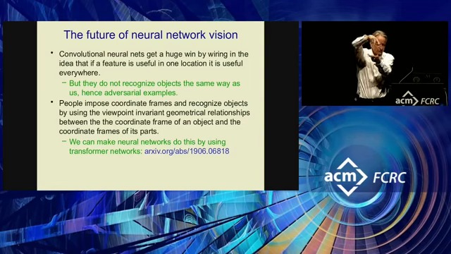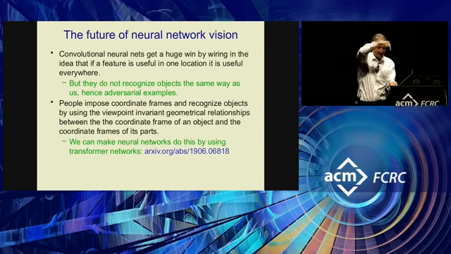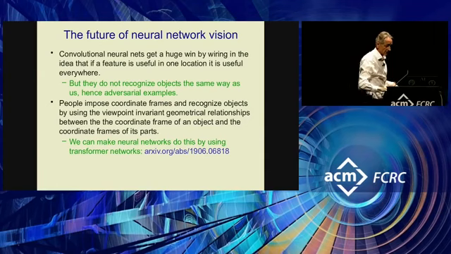So the main point of this demo is I forced you, by doing this rotation, to use an axis for the cube. The main axis that defined the orientation of the cube was not one of the axes of the coordinate frame you usually use for a cube. And by forcing you to use an unfamiliar coordinate frame, I destroyed all your knowledge about where the parts of a cube are. You understand things relative to coordinate frames. And if I get you to impose a different coordinate frame, it's just a different object as far as you're concerned. Now, convolutional nets don't do that.